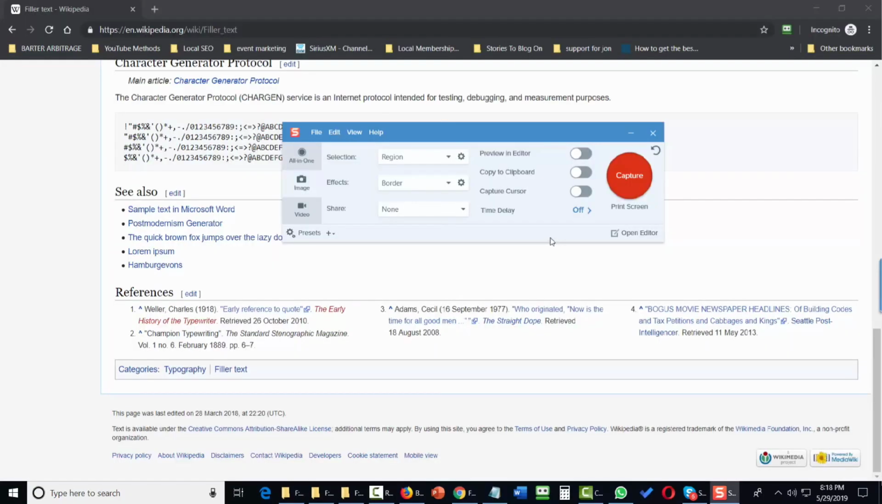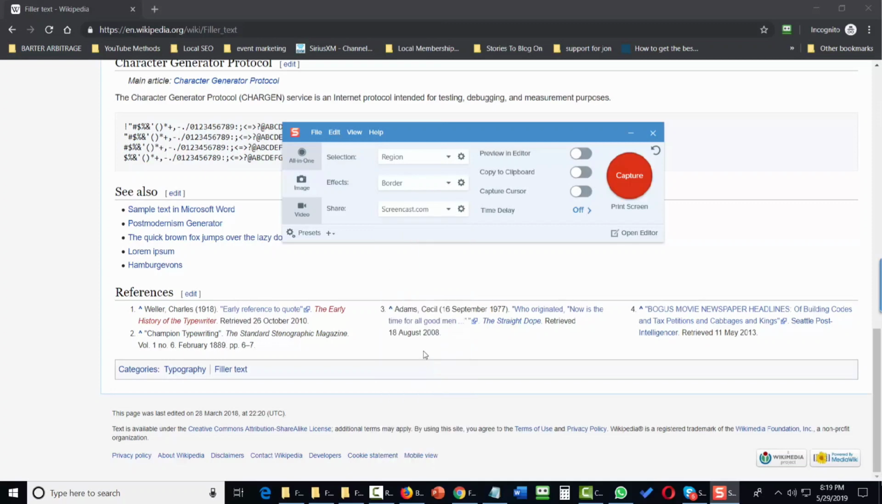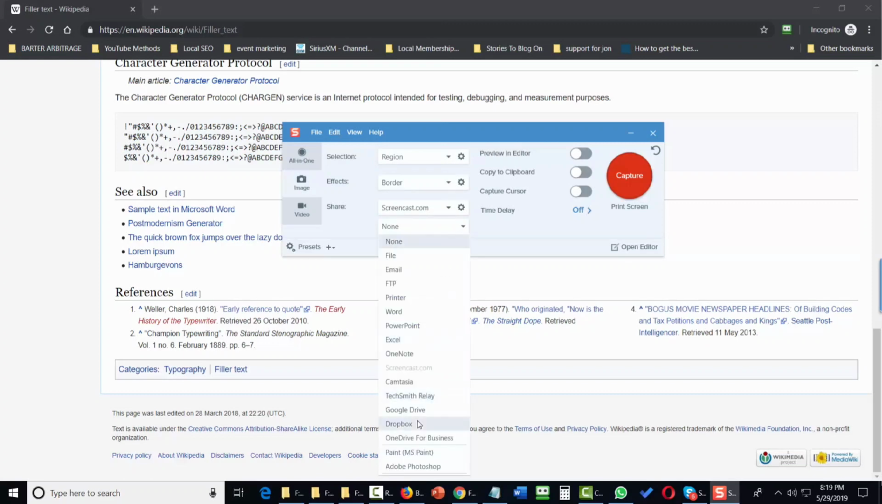Welcome back. Now we can share our content to multiple applications. So in this case, we can set our share link first to screencast, and then we can come back to our drop-down menu, and we're going to add in another destination. We're then going to add in MS Paint. We can then come back to our drop-down menu,